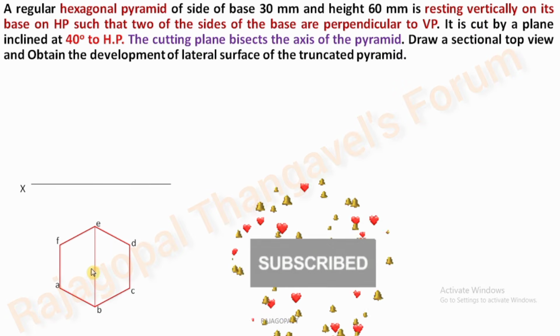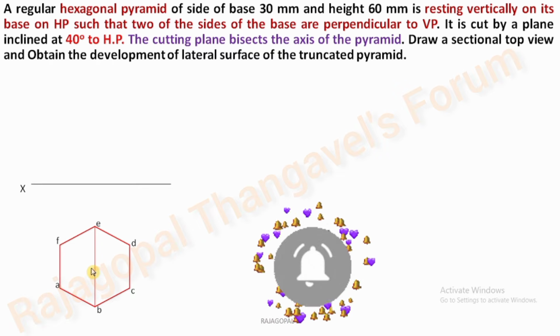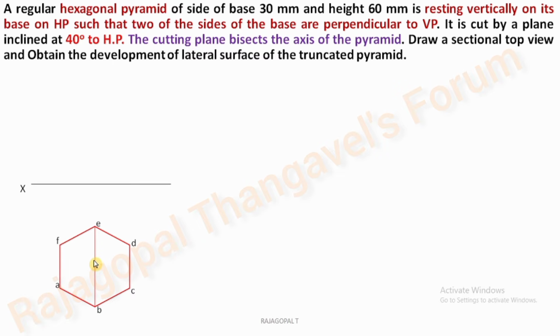After identifying the cutting points of section plane, we can convert the remaining portion of the solid into thick line. Now I know that for this question, the section plane inclination being 40 degrees to HP, I am damn sure that this entire hexagon will be visible. That's why I started the hexagon alone in thick line. If you check all the remaining slant edges, I don't know where exactly it is cutting. So I started with a thin line.